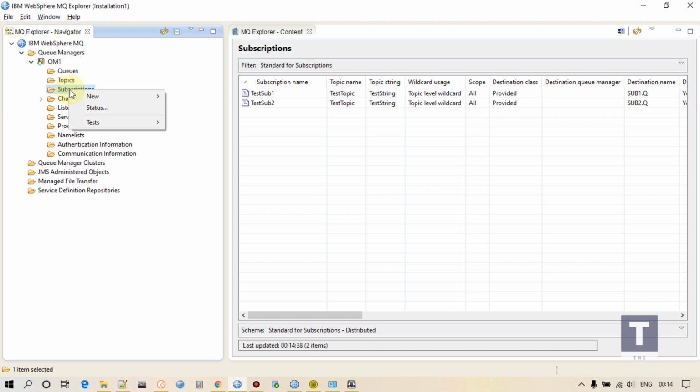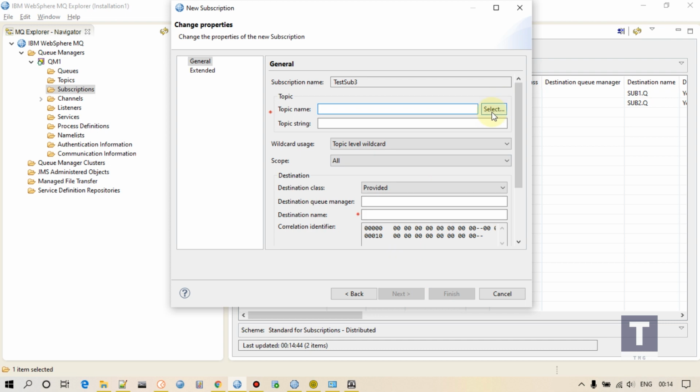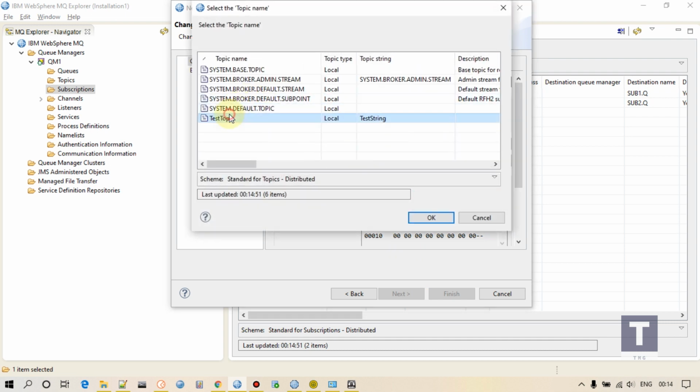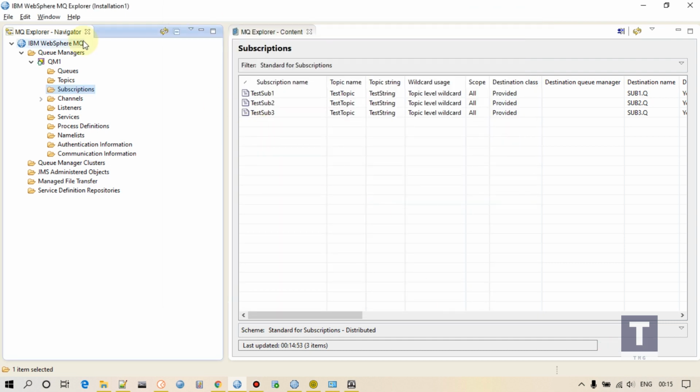Now create another subscription. It will also subscribe to the same topic, with destination name sub3.q. Now everything is ready.